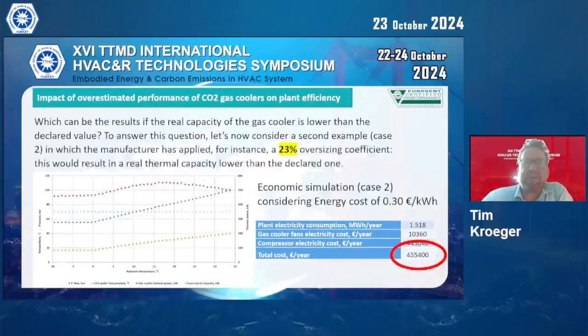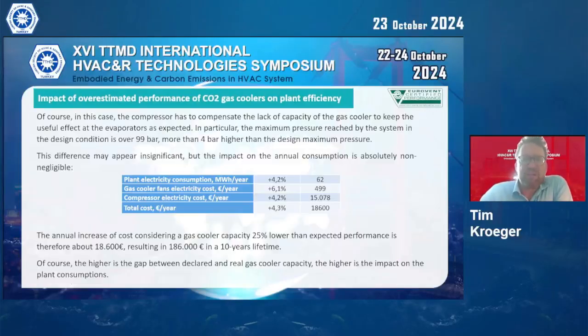If we compare that to a system with a CO2 gas cooler with this average 23% lower capacity, well, in this slide, it's called an oversizing coefficient. That's a bit awkward terminology. But as we saw from previous slides, we have an average of 23% deviation. Then that's the figure. In comparison,